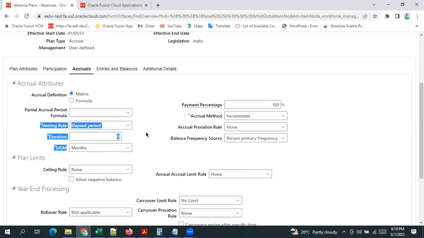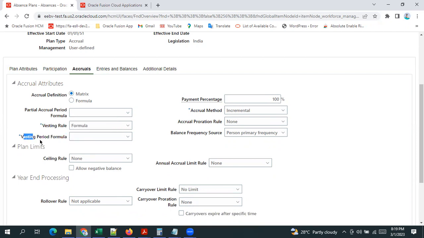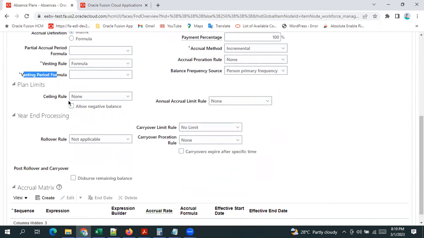But my client is telling me that for some business unit people there is one requirement, and for other people another requirement. How? Then use a formula. Write that logic in your fast formula, the vesting period formula, everywhere, team. Ceiling: there also, if your client does not have a common requirement but a customized requirement,